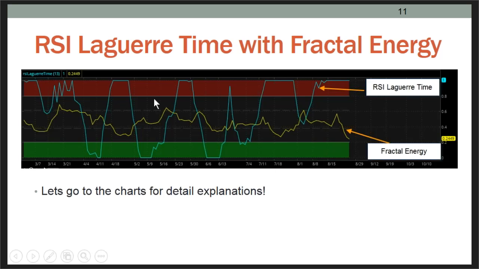But this particular RSI has been tweaked with a fairly complex, would be an understatement, Laguerre polynomials, and before doing this presentation, I spent countless hours looking at Laguerre polynomials, and it's wildly complicated, and I'm a numbers geek. It's wildly complicated, again, with the fractal energy thrown in there. We're going to go to the charts momentarily, but what I want you to see is really the RSI versus the fractal energy. I'm going to explain this in quite some detail when I go over to the